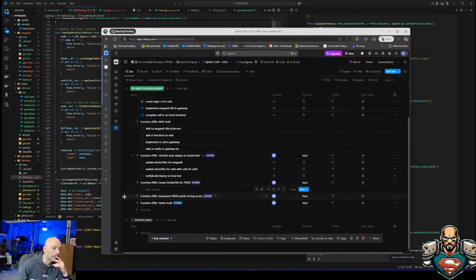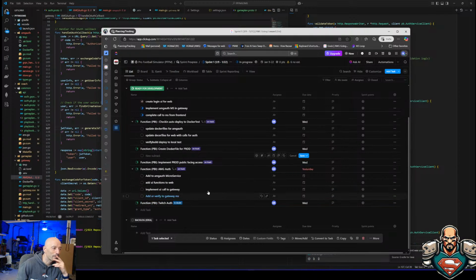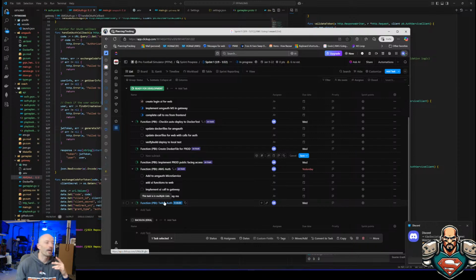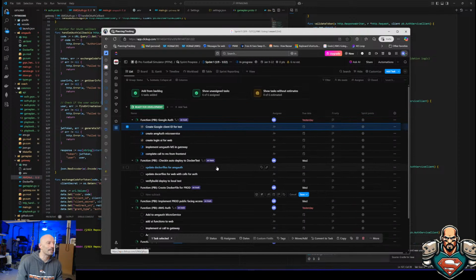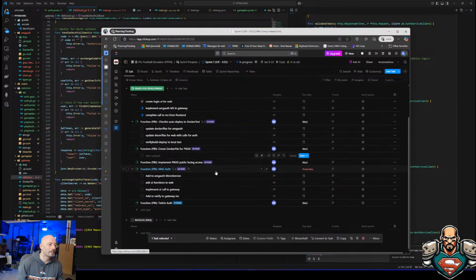I'm going to move its priority down, which might put it in danger, but I think ultimately these 4 items are more important, and I may even have to push Twitch out or this AMG auth one out and pull in a GitHub authentication, which is technically not one of these.